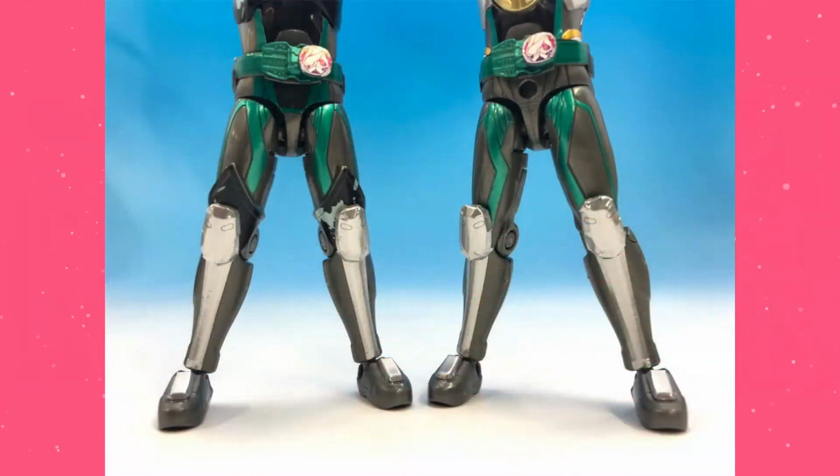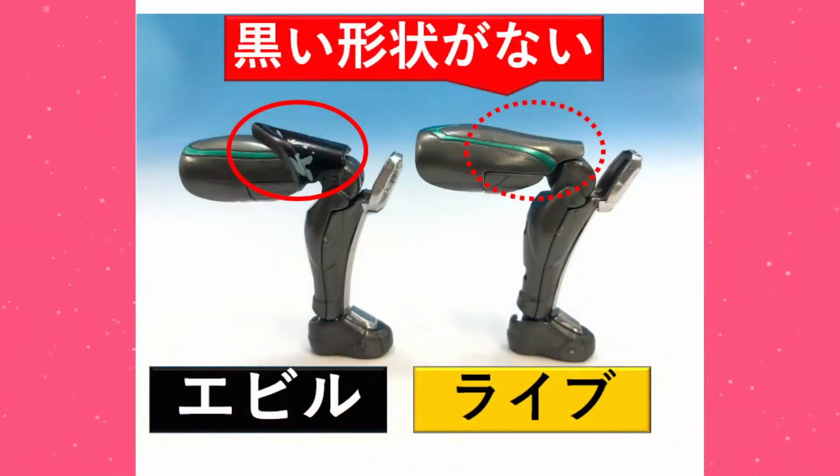Another thing here is that in the legs, once again, it's tough for them because they have this little extra flap here for Evil that Live just doesn't have, so this had to be remolded as well. I'd wager that the whole thing was remolded, all just using that same CAD file. So, yeah. Anyway,